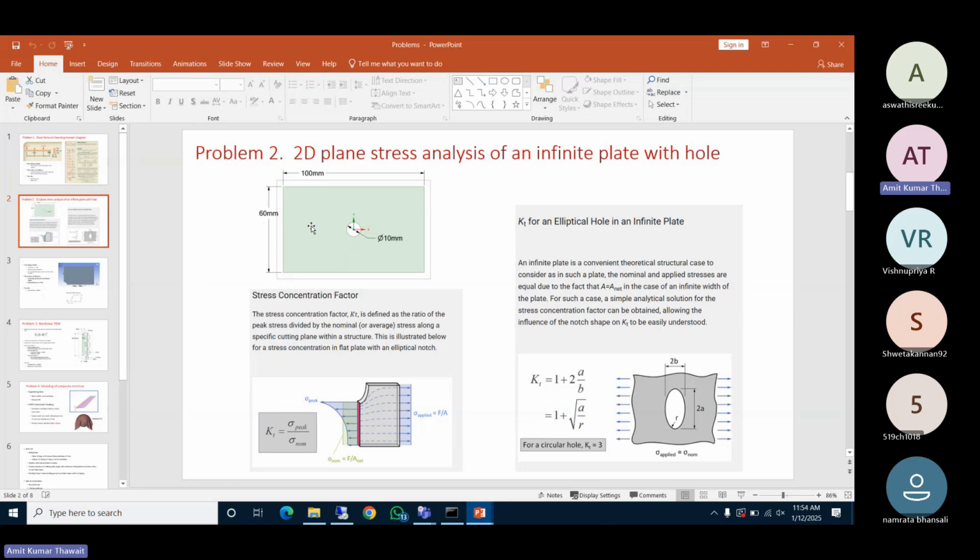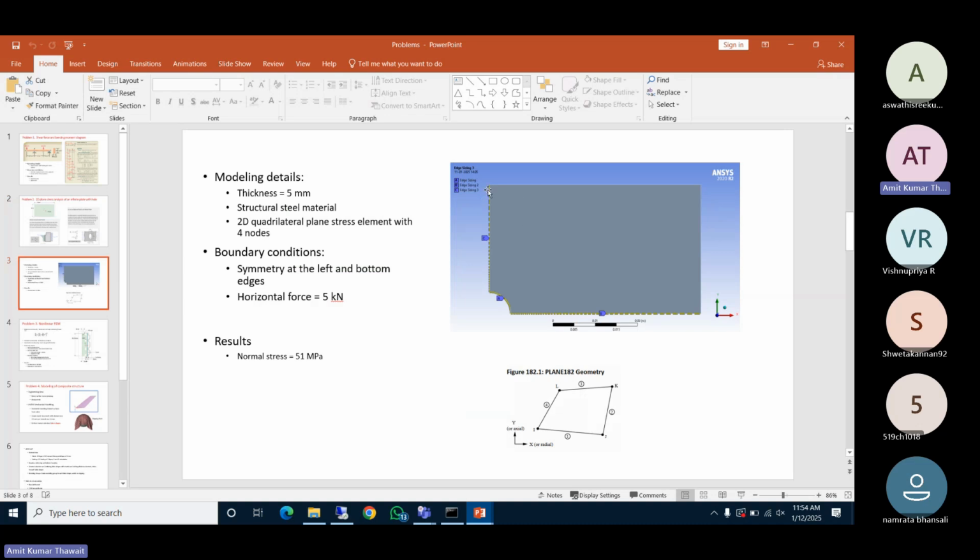So here we can see this plate geometry and loading is symmetric about both axes. When we cut this from the center, in y and in x direction, we can see that this plane and this plane both are symmetric planes. So we will apply the symmetric boundary condition here, and we will model this quarter of the plate, and then we'll apply our loading as given here. So the horizontal force will be 5 kilonewton,